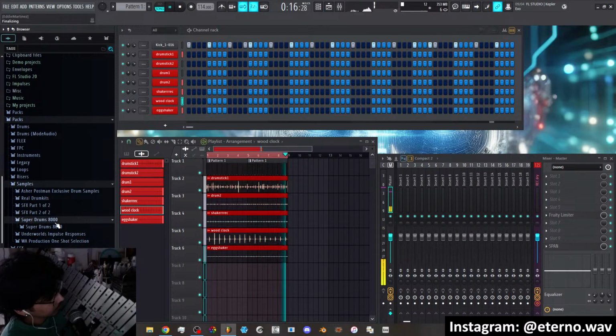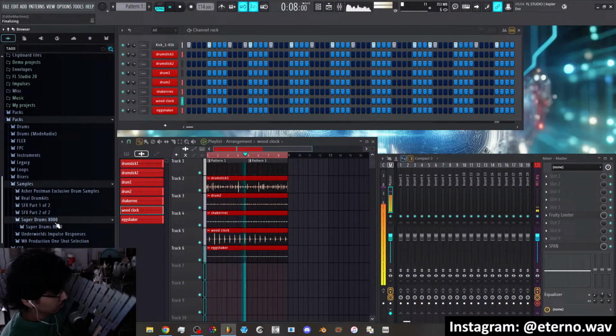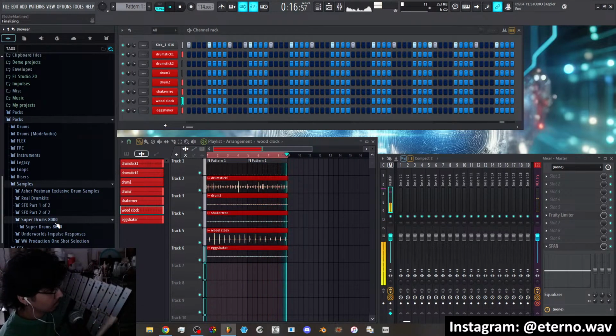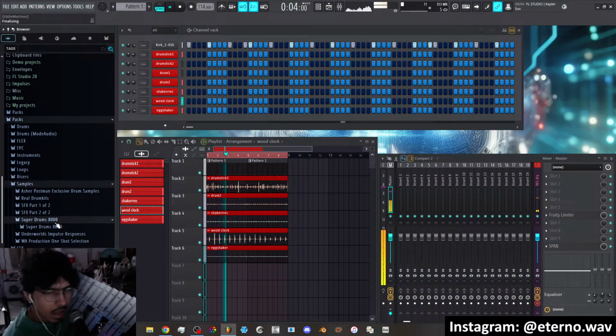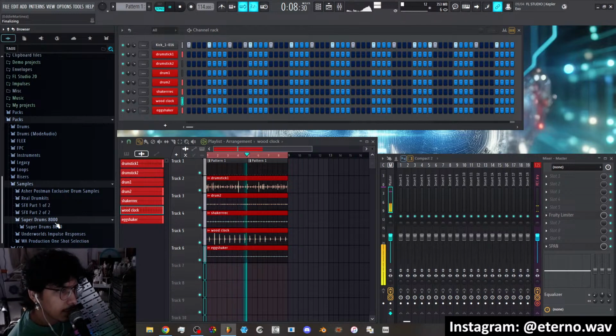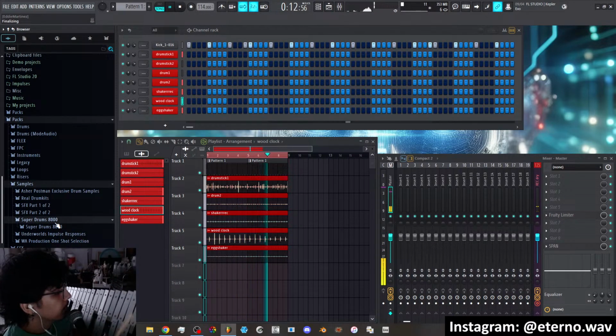Here. I'm thinking of maybe using the F pentatonic scale thingy that I've been using lately. I don't know if it's an F, but